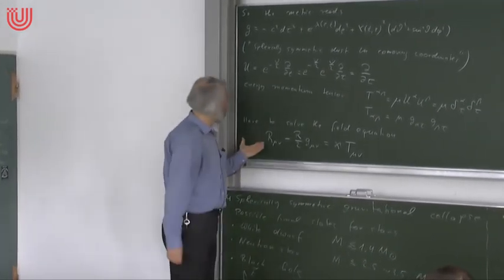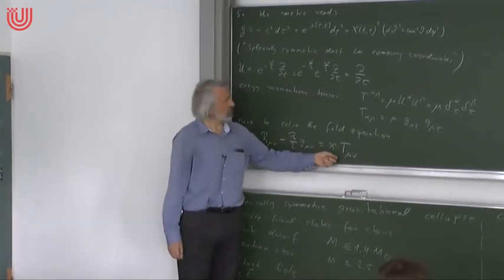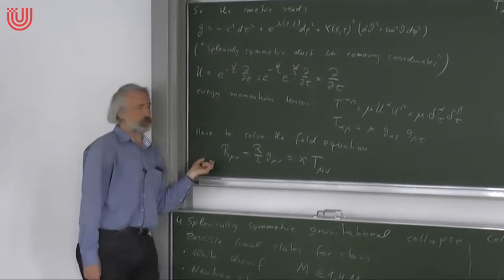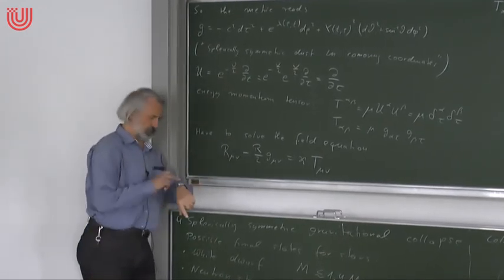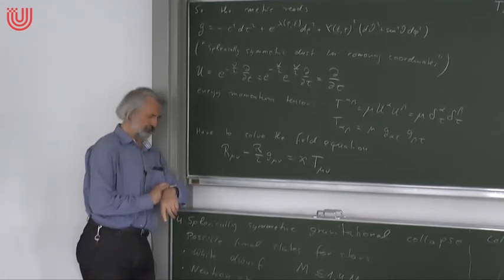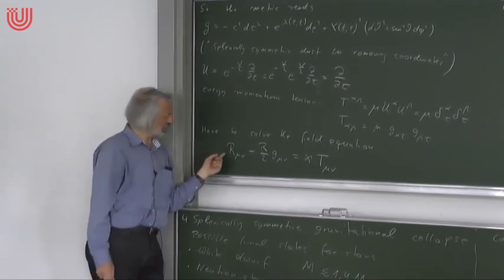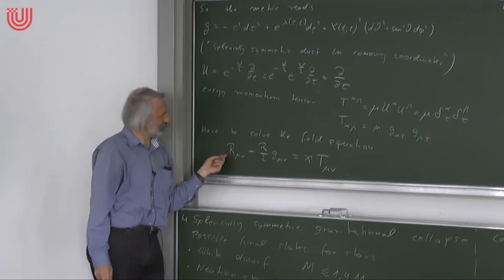Okay, so what do we have to do? Well, the right-hand side is already there explicitly, but the left-hand side, that's where we have to do a lot of work now. I'm not sure, let me see. I won't do this today. I don't want to do anything about this today. I will do this on Tuesday.